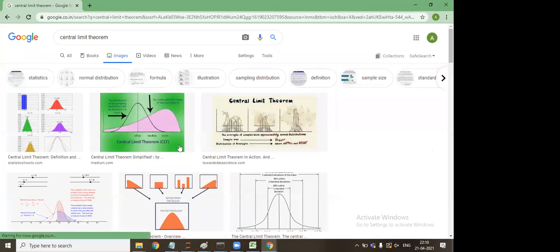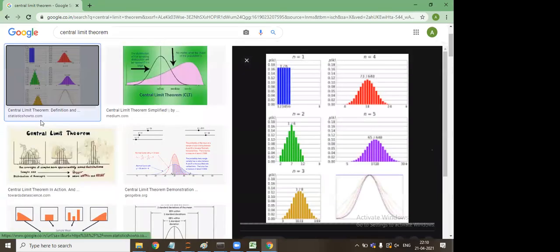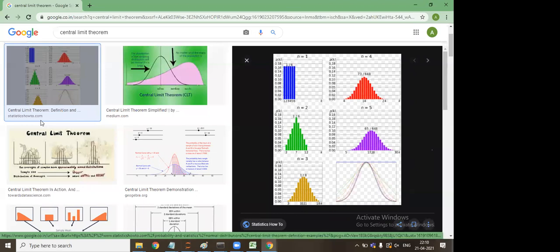Let me tell you. We covered normal distribution yesterday: measures of central tendency, measures of dispersion, and measures of shape as well. If it is a bell-shaped curve, the mean, median and mode are equal, and 99% of the data falls within 3 standard deviations. So when these three conditions are met, the data is normally distributed.